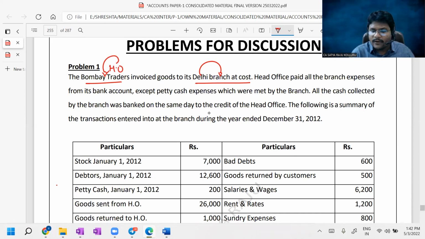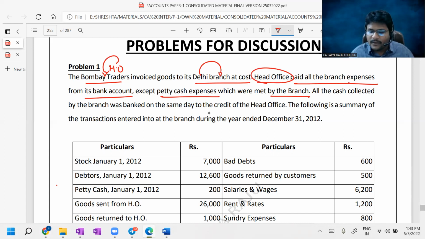Head office paid all the branch expenses from its bank account. That means the branch will not incur any of their expenses. All the branch expenses are paid by head office itself, except petty cash expenses. Petty cash, small expenses, which are met by the branch. Simply, petty cash expenses are paid by the branch itself, but all the remaining branch expenses are paid by head